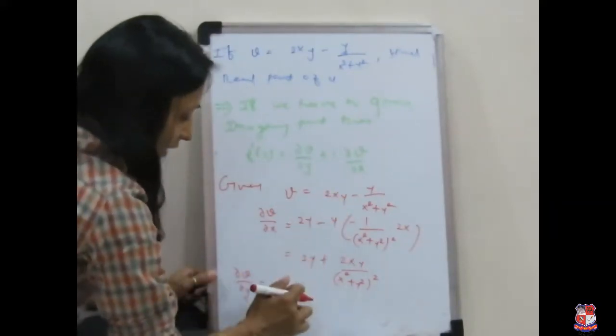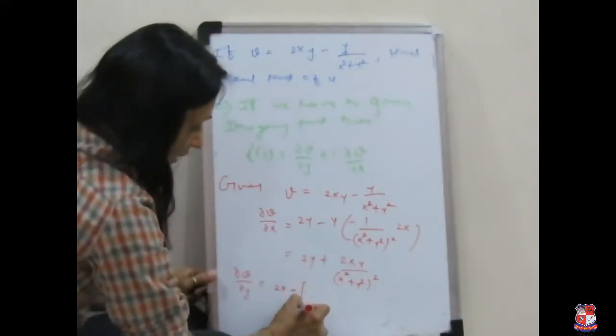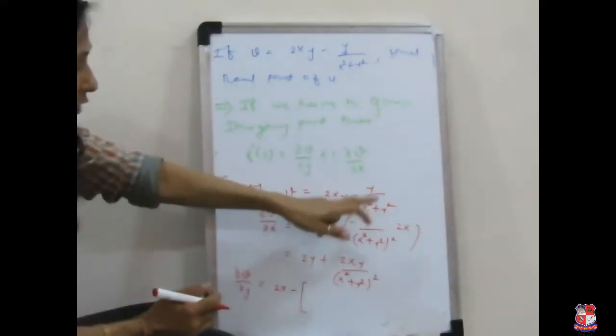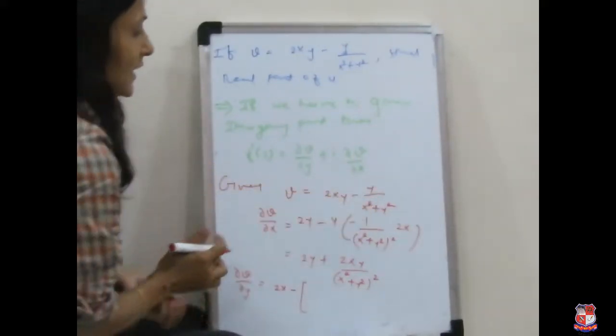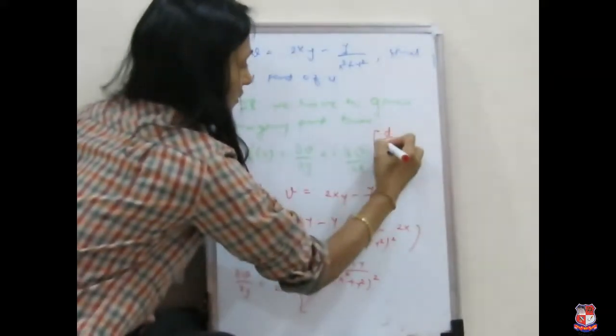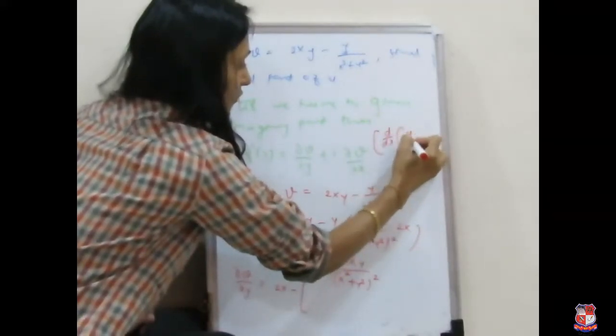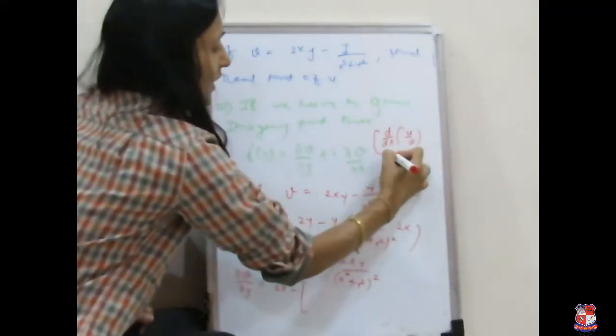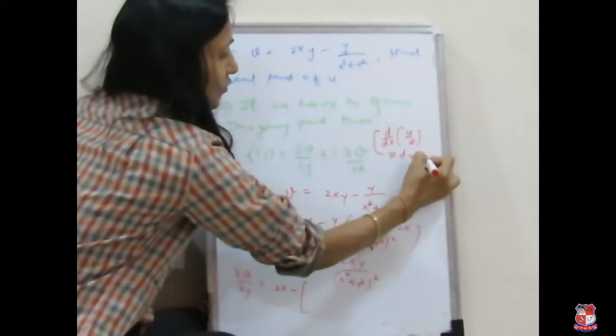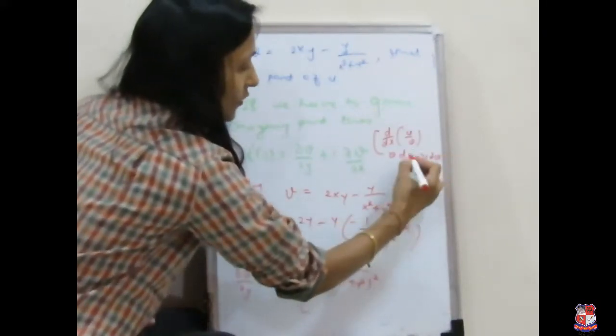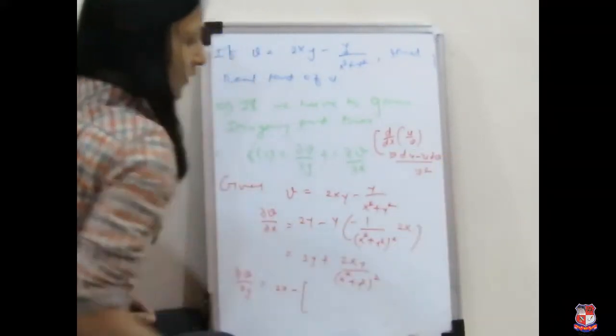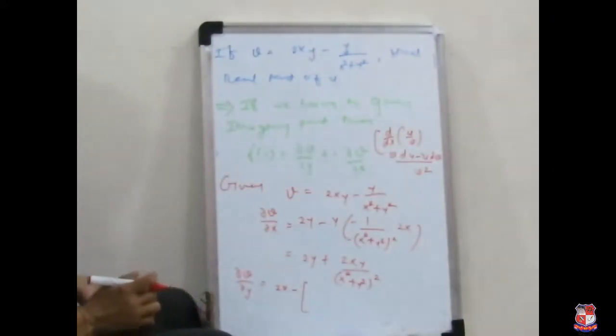Derivative with respect to y, that is 1. Now here, for the derivative with respect to y, we use the u by v rule. We know that, what is it? v times the derivative of u, minus u as it is times the derivative of v, over v square. We use this u by v rule.